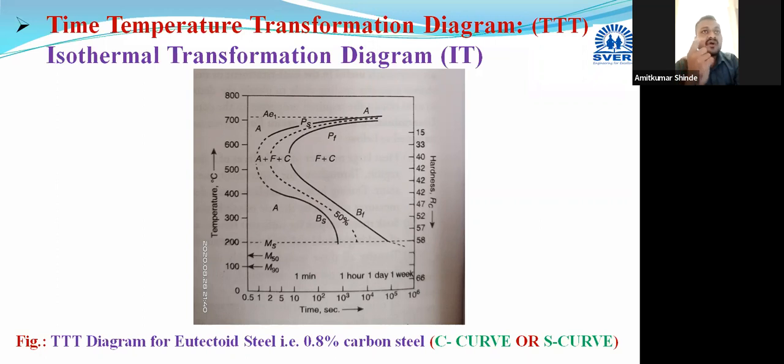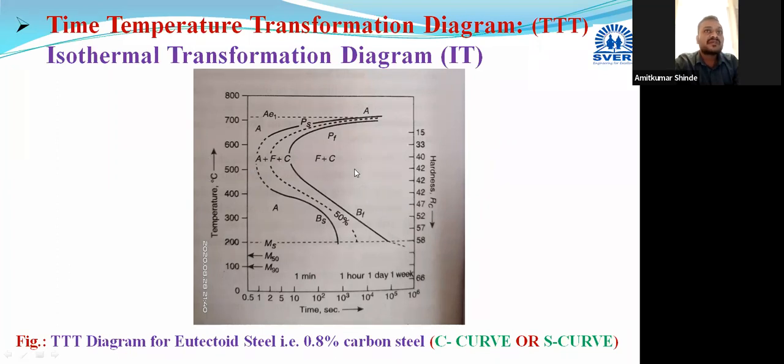And whichever diagram we are obtaining, how this diagram is plotted: after cooling it or quenching it in the water, we are getting some transformation products of the austenite, and that we are checking. And whichever phase or microstructure we are getting at the particular temperature condition and the time intervals, it is plotted by taking temperature as a function of time, and a curve is obtained. This curve is termed as